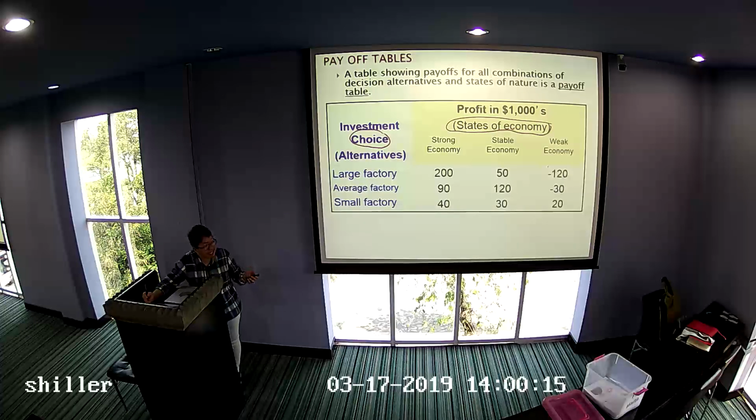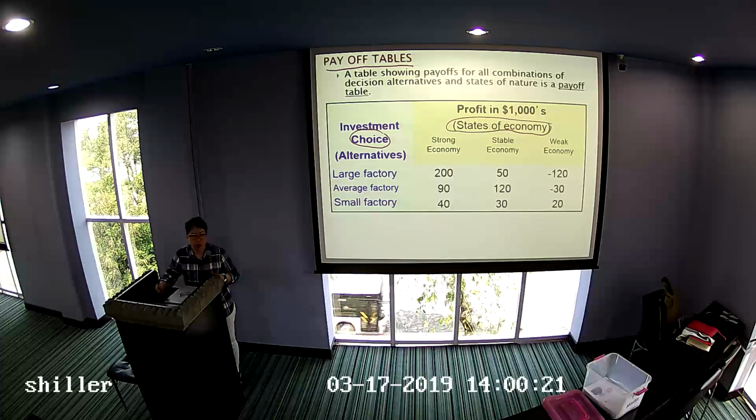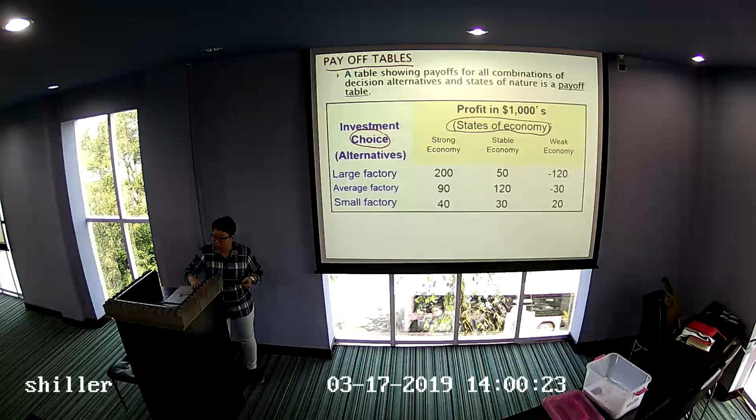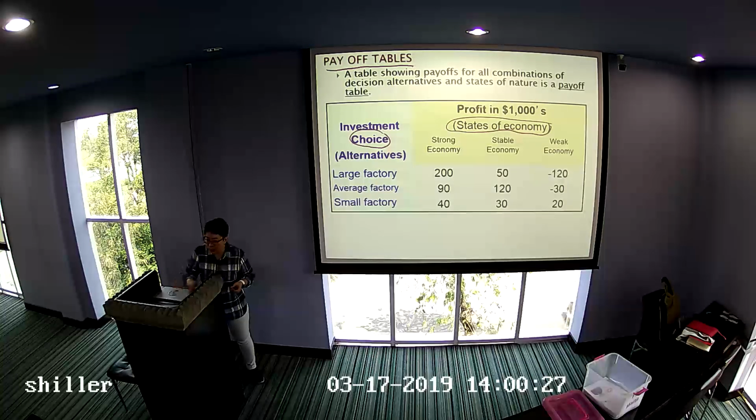So what do I call it? I call this the payoff table. Okay? So when you make decisions involving information of choices, it's good for you to prepare a payoff table. So how does it work? Okay? Now,